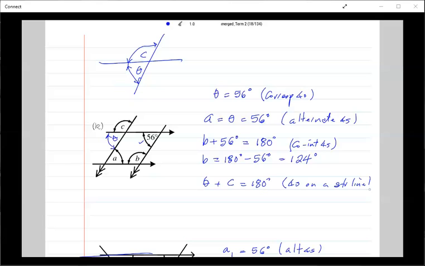Stay with me. But theta from up here is 56 degrees. So C would be equal to 180 minus theta, which is 56 degrees. C is also equal to 124 degrees. All right, and that would be the solution of the two questions that I asked you to do for